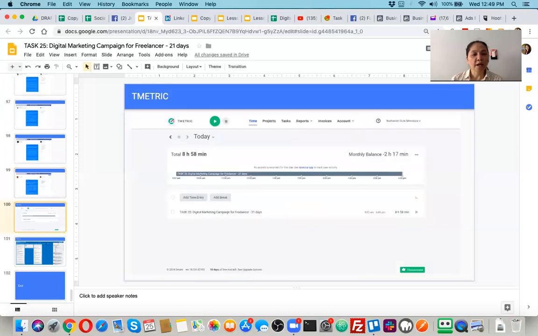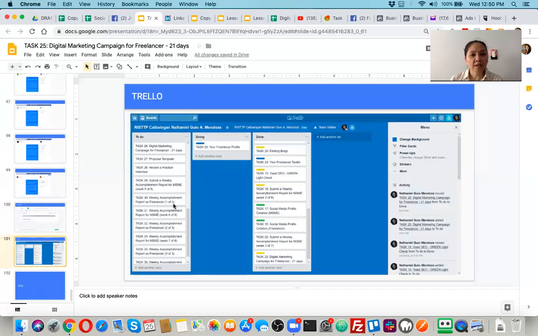Please make sure that you track the time of you while creating the campaign or the graphics, and then you put that here so that we can see. You will also be needing that so that you can track your speed, and at least we know that you really know how to use the T-metric and the Trello. So your Trello should appear here. All the tasks that are to be done should be here. If they're doing, they should be here, and then at the end of the campaign, they should all be in the done